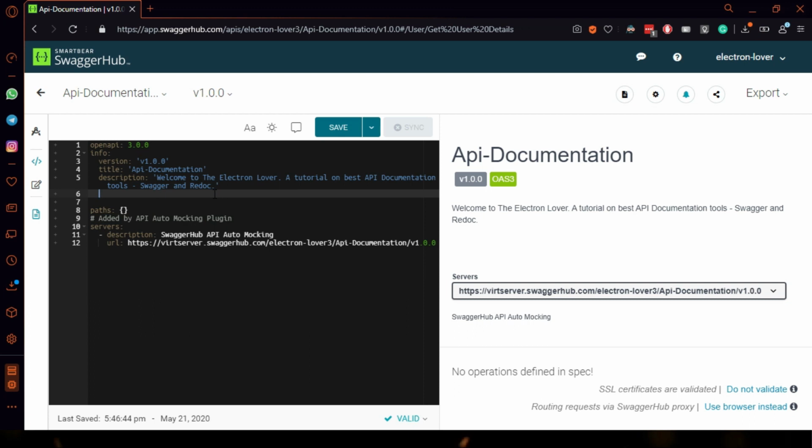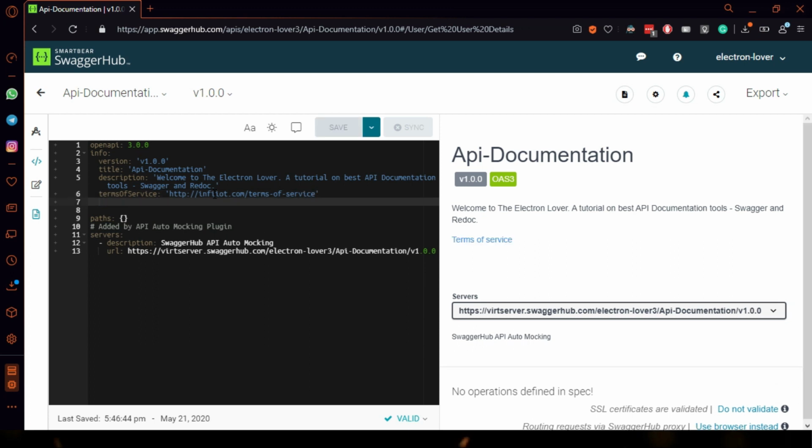Let's add a label for terms of service and give it a URL. For me, it would be my company slash terms of service. Then let's add contact details.